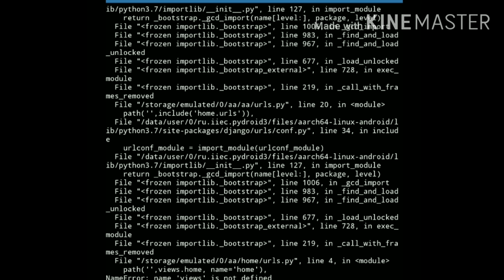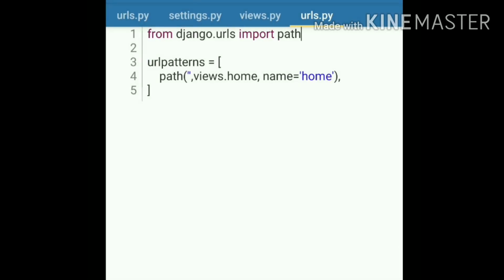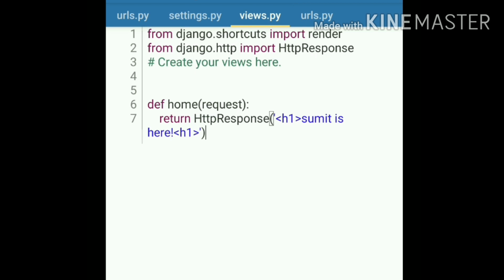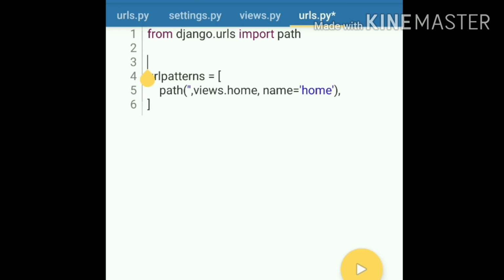But we got another error, that is views is not defined. I think I didn't import it. So now we have to import it inside urls.py. We have used it, so we have to import it. It is in the same directory, so we are using from dot import views, and finally the job is done.